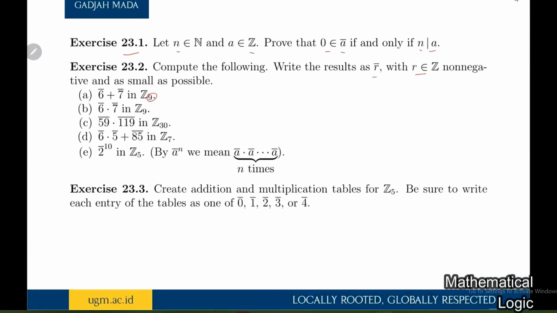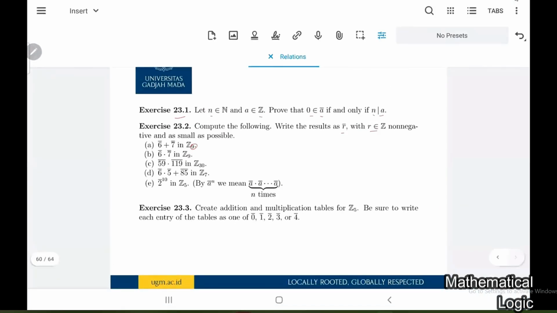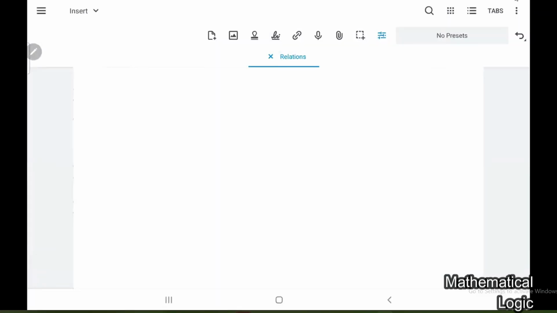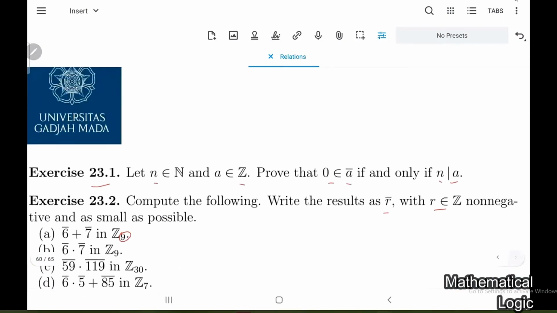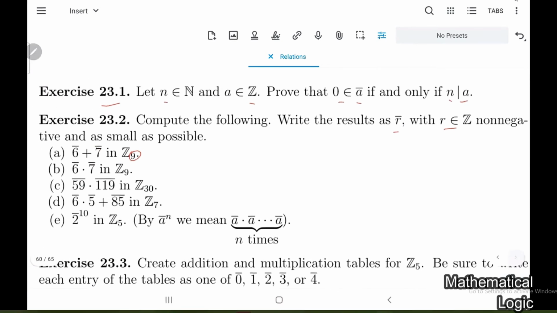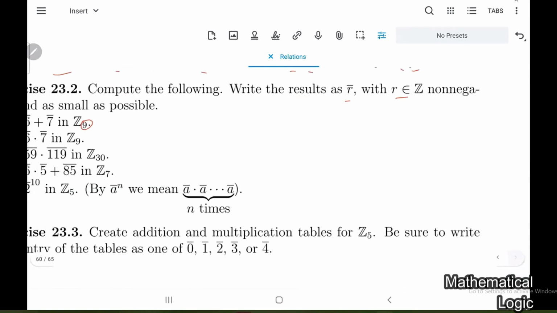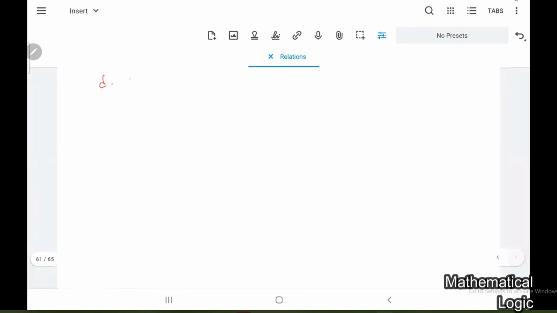Point D. 6 times 5 plus 85 in Z7. Wow, I need more space, so I think I add one empty page. 6 times 5 plus, what is it? D. Oh, yeah, D. So we have 6 times 5 plus 85 in Z7. Okay, correct? Yeah, Z7. So what we have to do here,